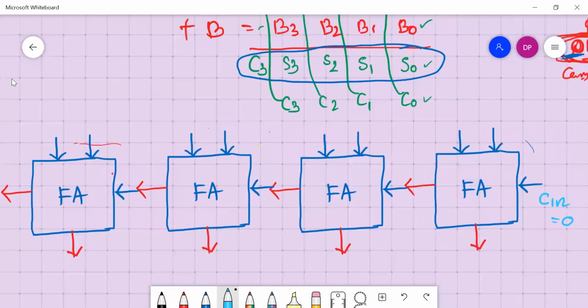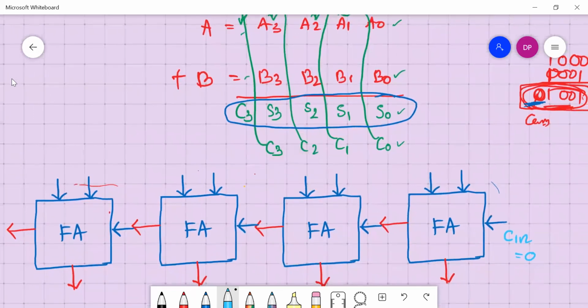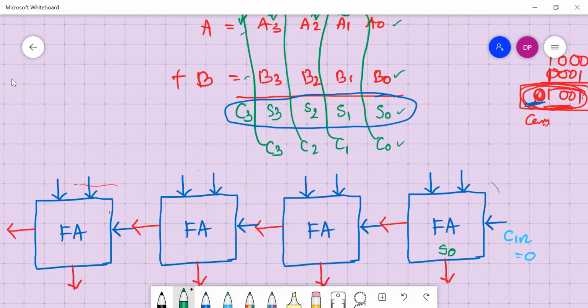Compare it with the sum table that we have. So its output will be: this is the sum part, this is the carry part. This is sum S0, and this is carry C0.